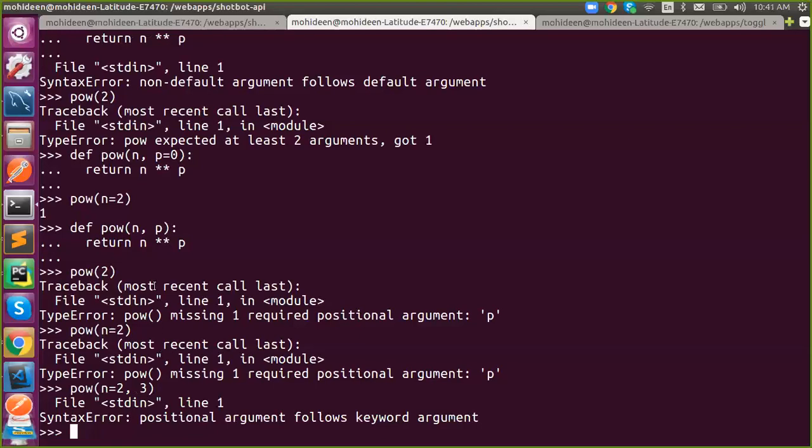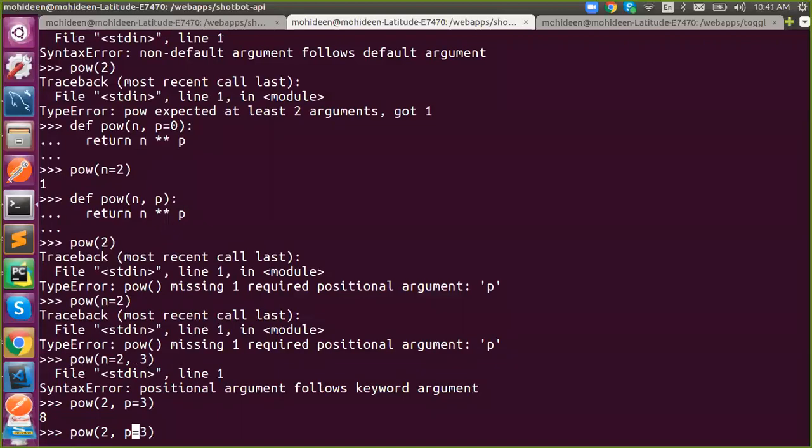As we saw in the definition, you should not start with default and then non-default. Similarly, while passing arguments, you should not mix them that way. You can say something like that, and this will work. But when you pass it this other way, it won't raise a type error, it will raise a syntax error.